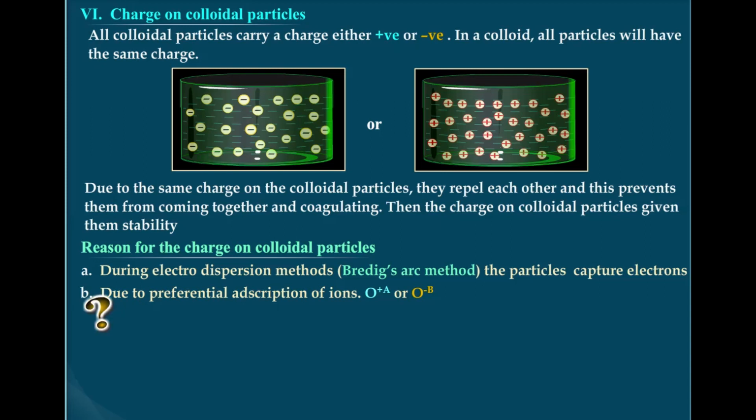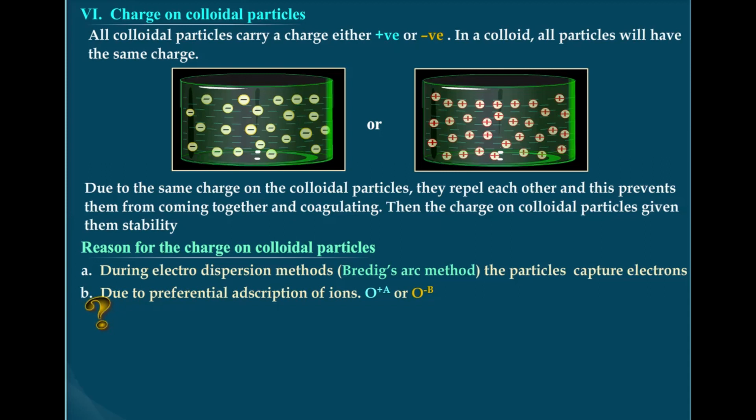Another example given in a textbook is if FeCl3 is added to excess of hot water. When FeCl3 is added to excess of hot water, a positively charged sol of hydrated ferric oxide is formed due to adsorption of Fe3 plus ions. That is, Fe2O3·xH2O is formed. It adsorbs a common ion from FeCl3, so it becomes positively charged.